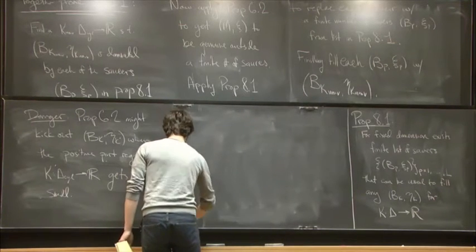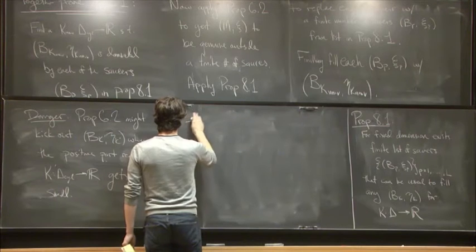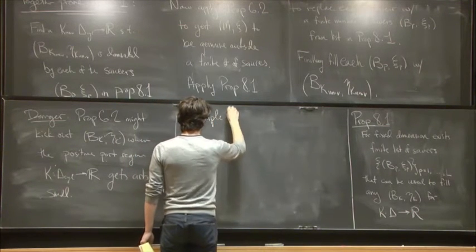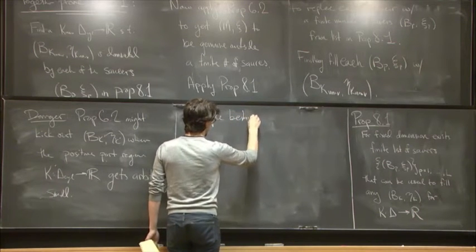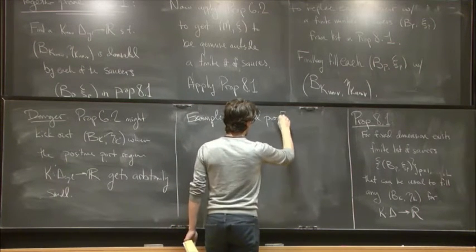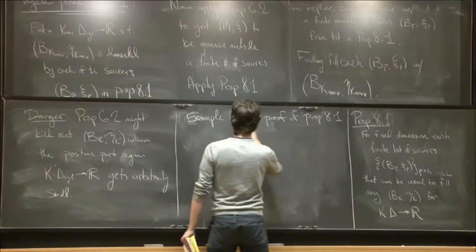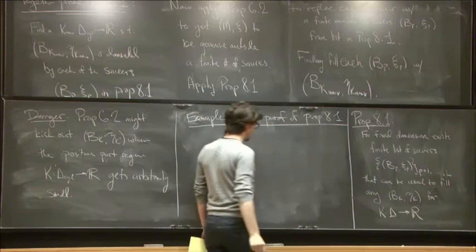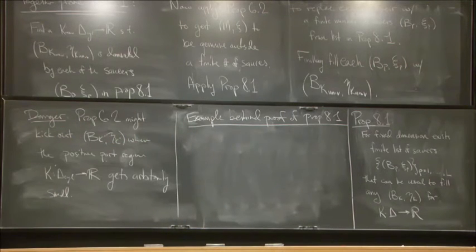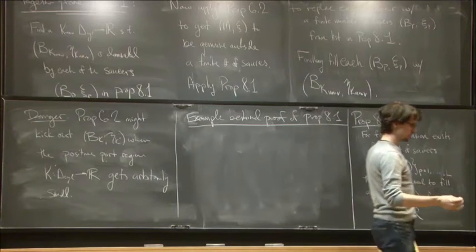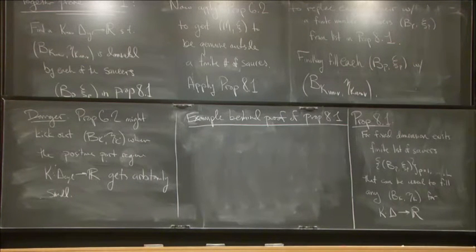So, an example behind the proof of prop 8.1. I'm going to show that a single function and its translates, you can add them together to get a function whose negative region is a large part of the whole space where the function is defined, i.e.,